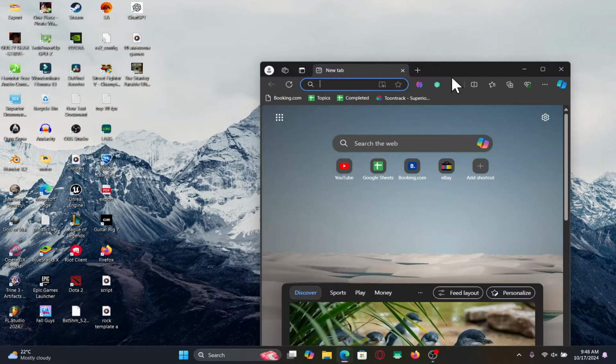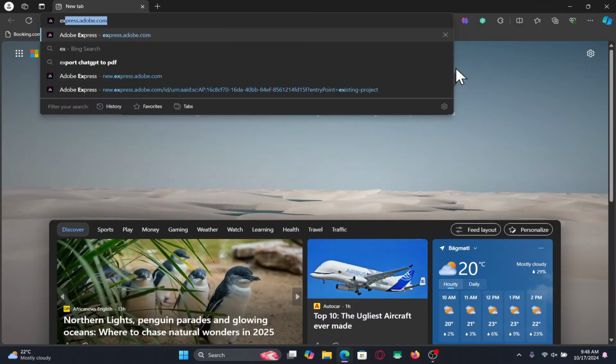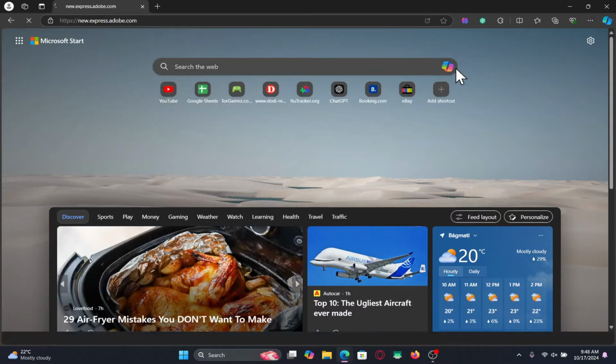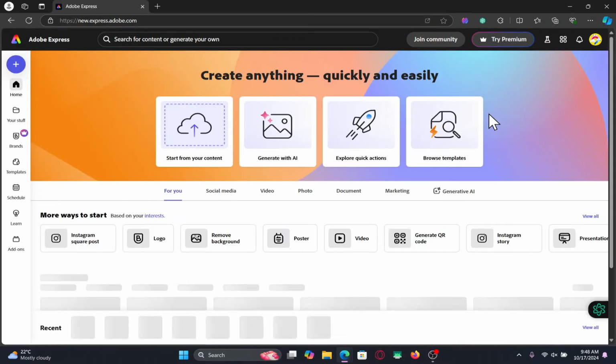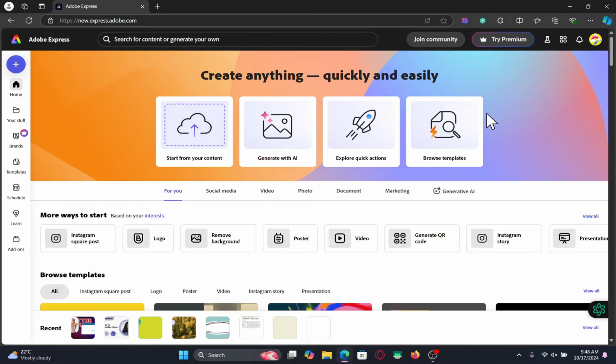First of all, open up your web browser and then in the address bar type in express.adobe.com and press enter. You will now be taken into the official Adobe Express website. If you haven't logged into your account already, click on the login button at the top right corner and proceed forward with your credentials. After logging in, you will be taken into the homepage, from which you can start working